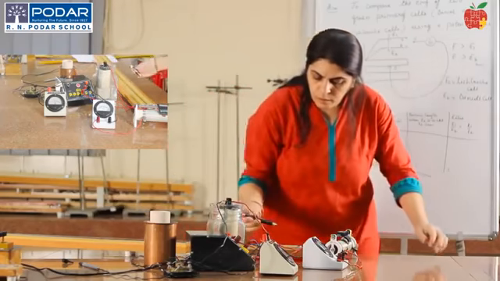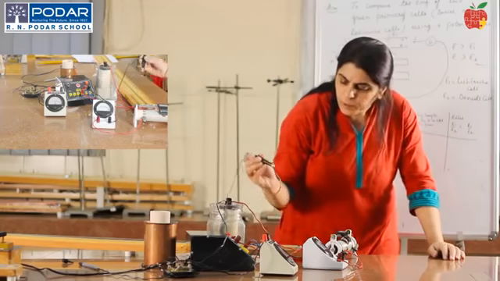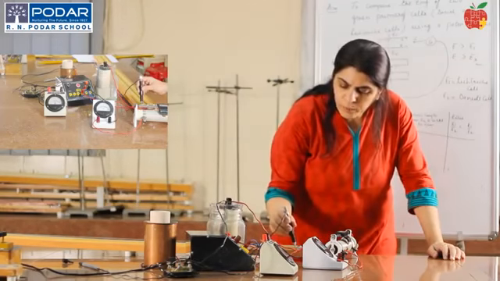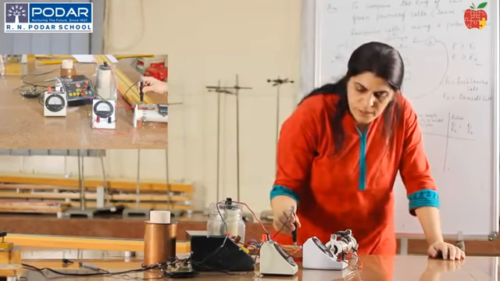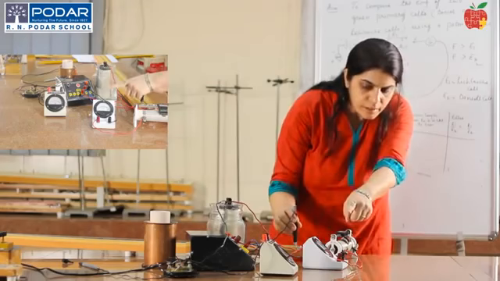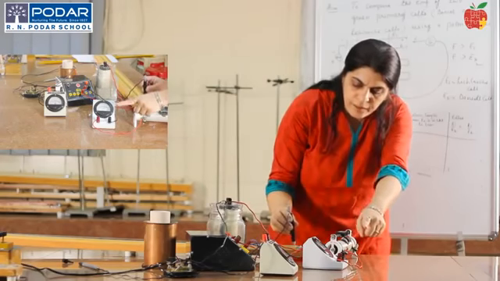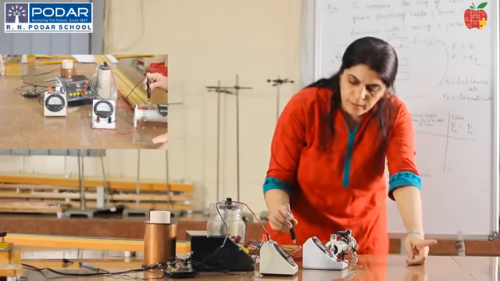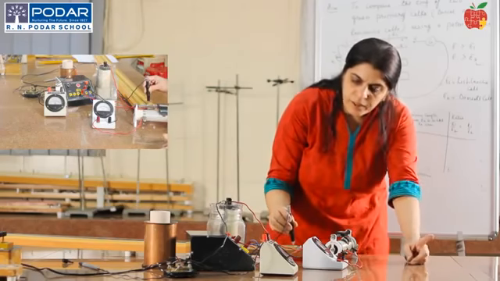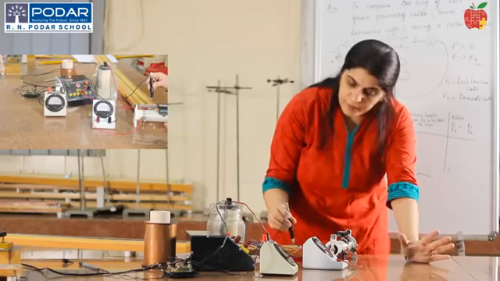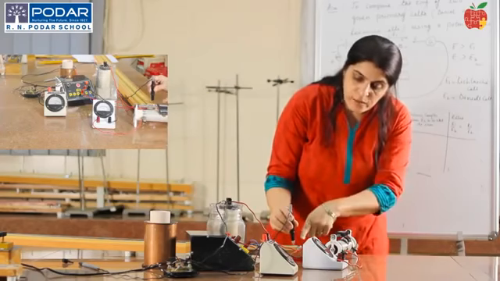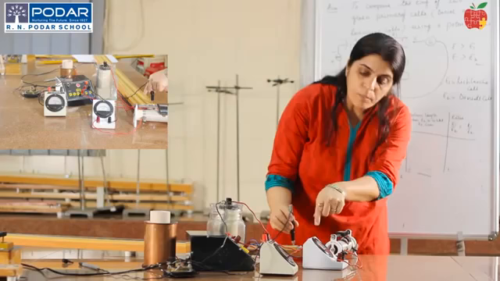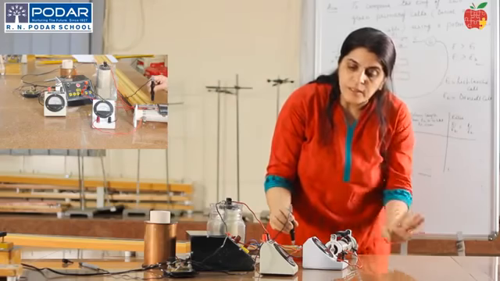Now what we do is put the jockey on the initial point of the potentiometer. We see some deflection in the galvanometer here. Move it to the second wire on the potentiometer, again we see the deflection on one side. Move it to the third wire, again the deflection is on the same side. Then move it to the last wire, and we see the deflection is in the opposite direction. It means the circuit is correct.